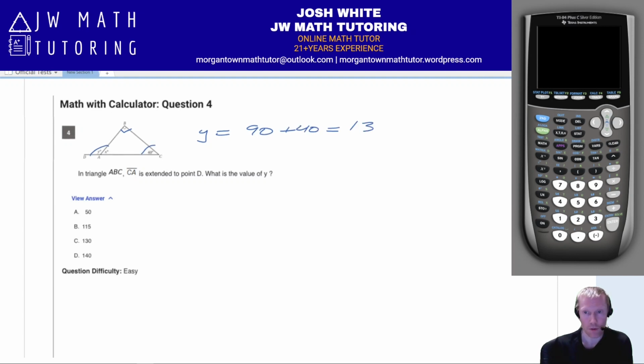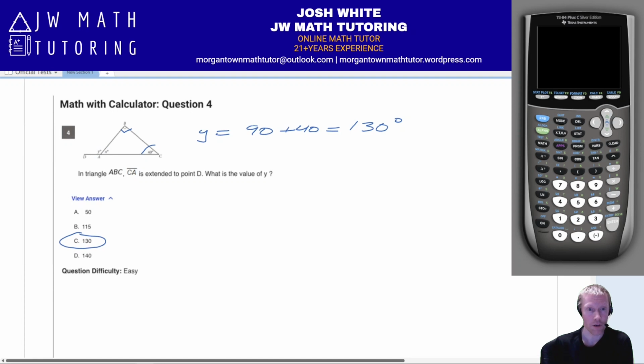So if you sum those up, you get 130 degrees. Correct answer is going to be letter C. Now, if you did not remember that, then you could do it the long way, which is to